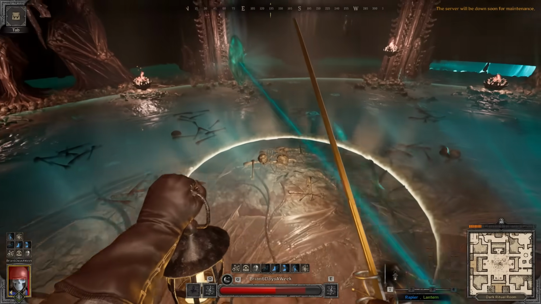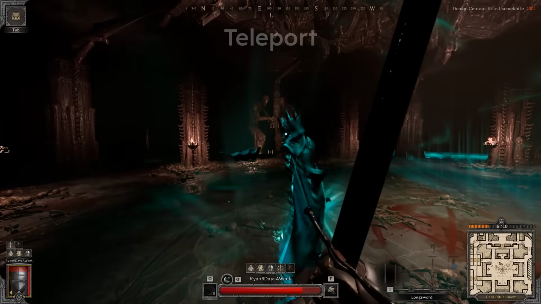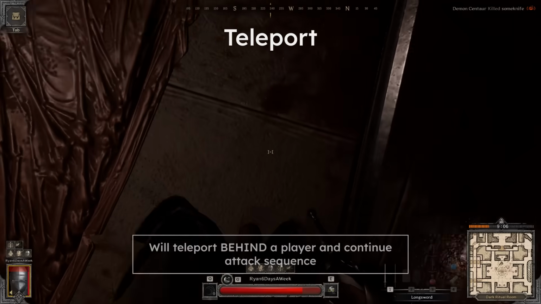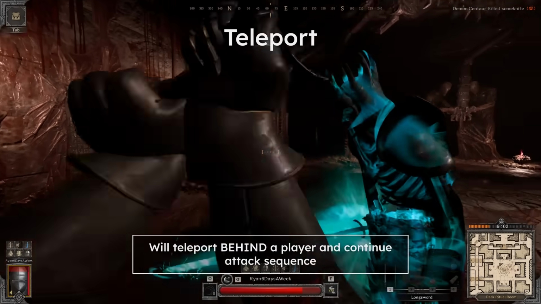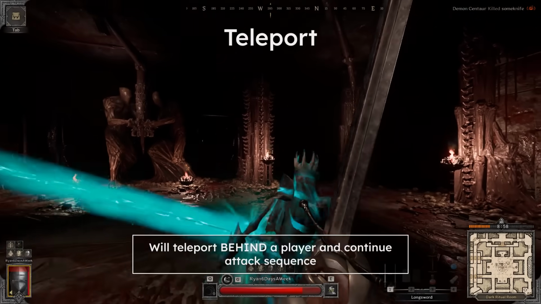Now, the final move that the boss has during this phase is the teleport. In this case, the boss will briefly stand still and teleport behind a player, then continue their attack sequence. It's pretty easy to dodge, pretty easy to locate, so just keep moving and paying attention and you'll never get